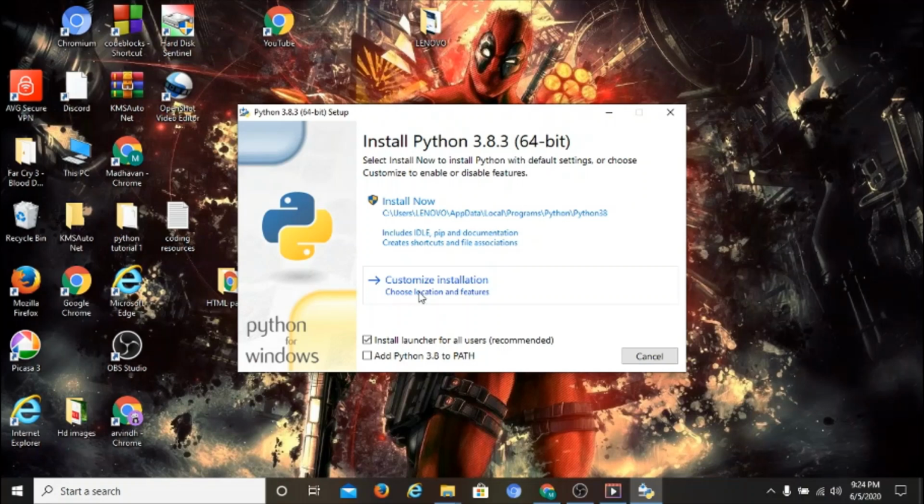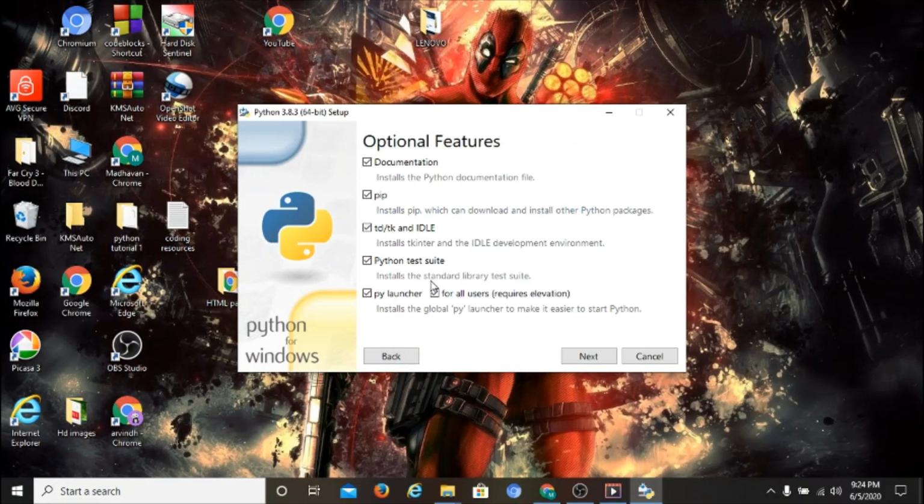Before choosing this option, I would like to click on this checkbox, which will by default add Python 3.8 to my path. Now let's click on customize installation.